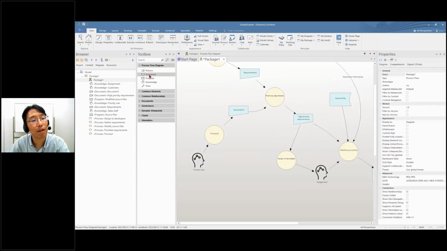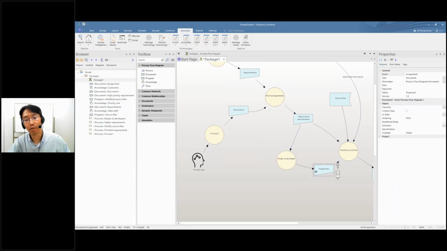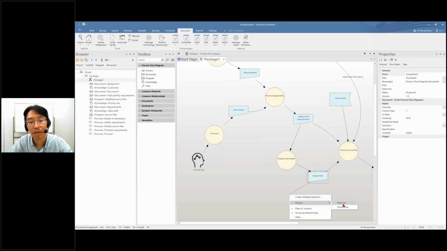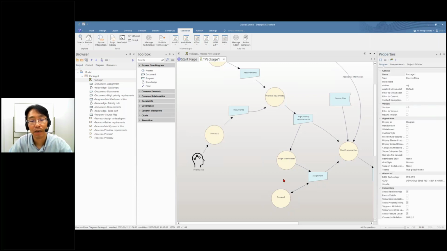Just drag this document icon onto this knowledge and convert. We can convert the icon, so we don't need to remove it and add a document icon and connect flows again. So convert and add a process. And this is a bidirectional flow, so we need to modify the properties. Anyway, it's very easy to modify the current process.